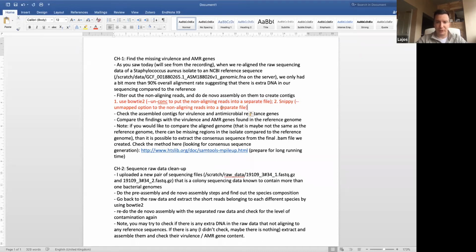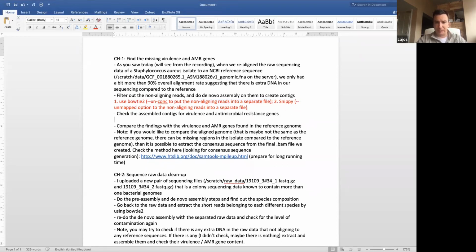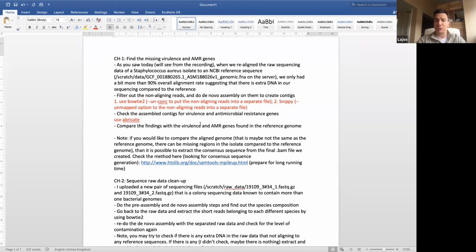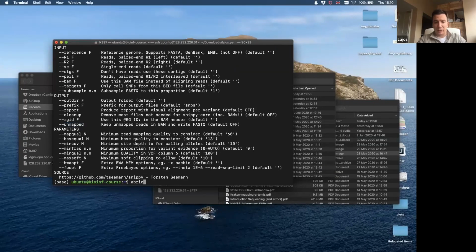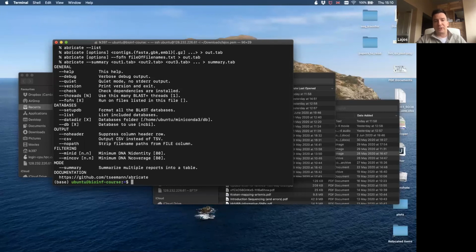Okay, that's the first step. Of course, if you want to check the assembled contigs for virulence and resistance genes, this is what we did with Abricate. So you will have a list on that. Actually, if you use Abricate, I think we missed that it doesn't do all of these